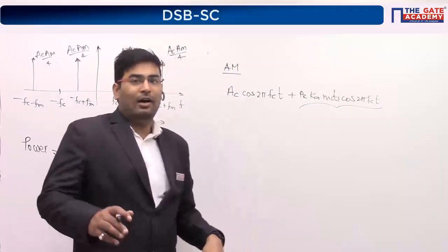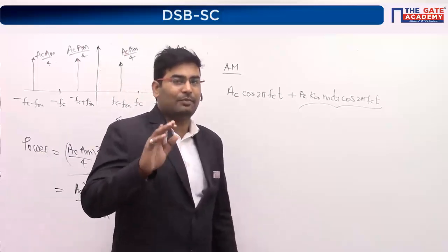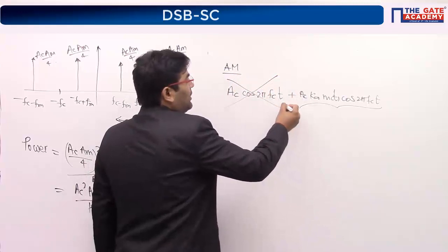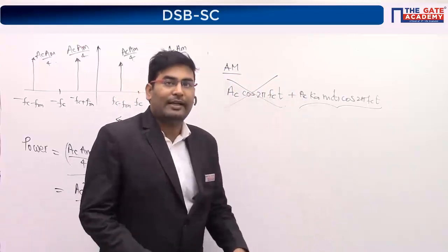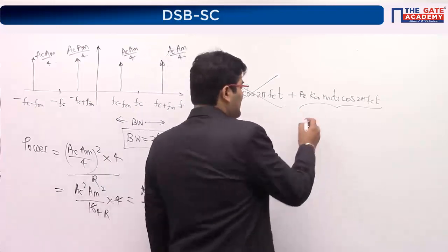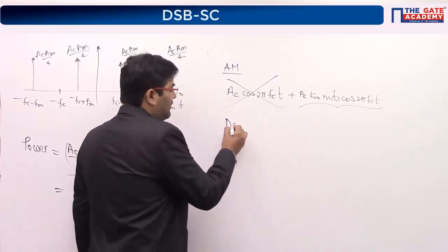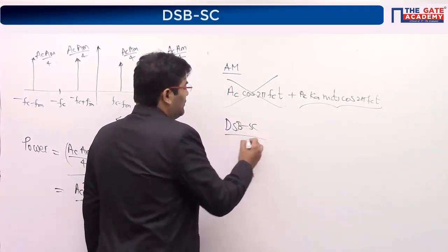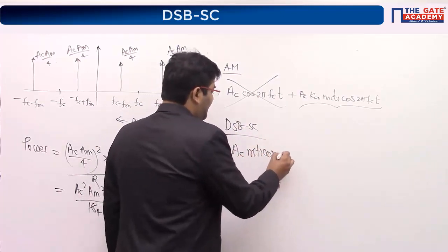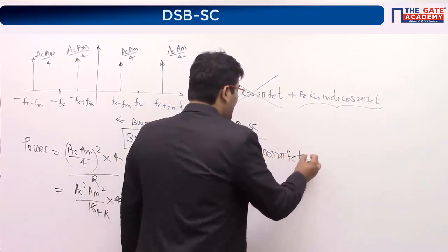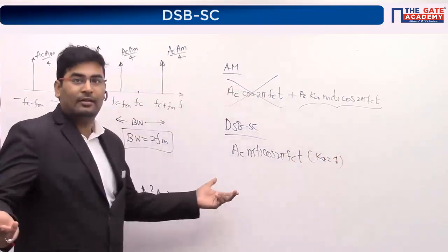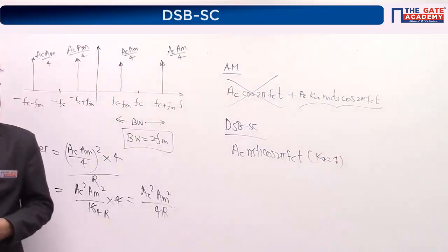demodulation. Now, in double sideband suppressed carrier, what we are going to do, we are going to say, I am not sending you. So you are not putting that extra carrier. You are not adding that extra bit. You are just multiplying this. And that's why when you write double sideband suppressed carrier, you just write AC MT cos 2 pi FCT. You can't see KA because I have taken KA as 1. So I think it answers your question, right?